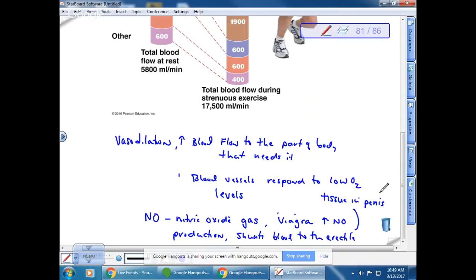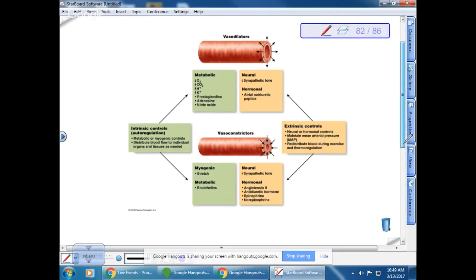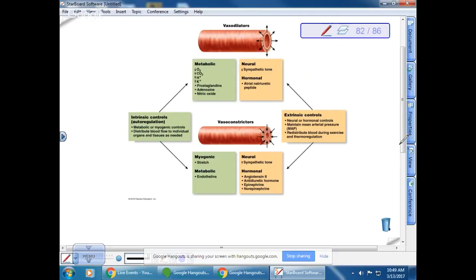Okay, so if we look at some other examples of this in your book, they talk about all the things that cause vasodilation. I just mentioned two of these. Decreased O2: if oxygen levels are decreased, we're also going to have an increase in CO2 because your muscles are producing carbon dioxide as a waste product. With CO2, you also get an increase in hydrogen ion concentration, so it becomes more acidic. And I mentioned nitric oxide as a dilator. So that's intrinsic. The muscles will just respond to these things that are in their blood vessels, right?